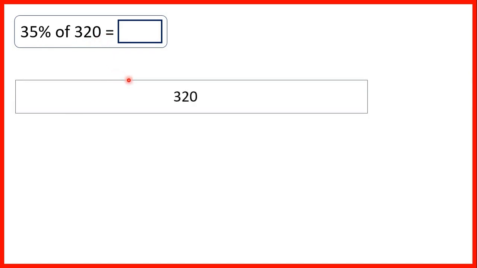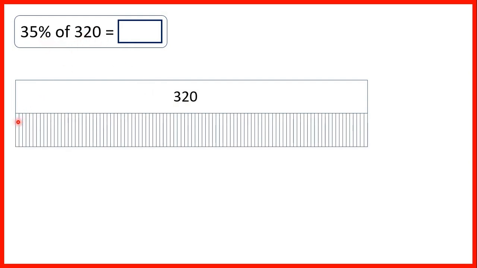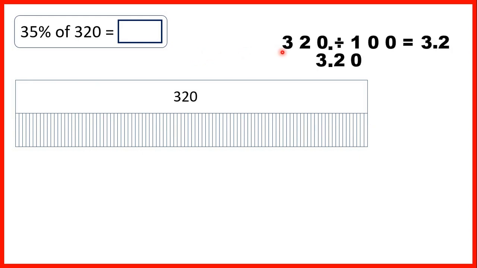So let's say we need to find 35% of 320. We can represent this on a bar model by showing 320, our total quantity, as one large bar. And the way we've learnt to find percentages so far is to first divide by 100 and then multiply by the percentage. So we can show 100 1% bars. So to solve this question, we can first divide 320 by 100 to get 3.2,